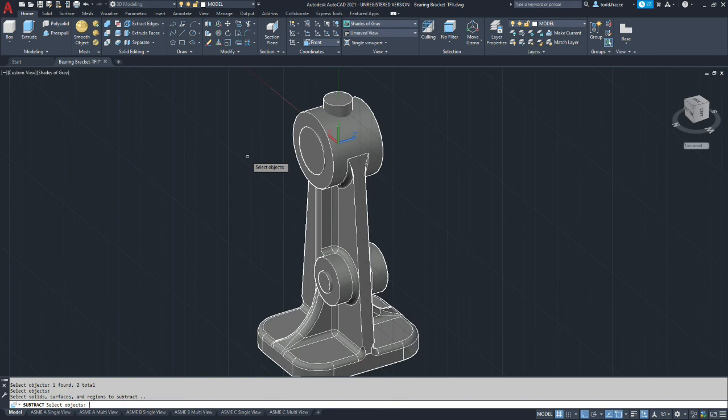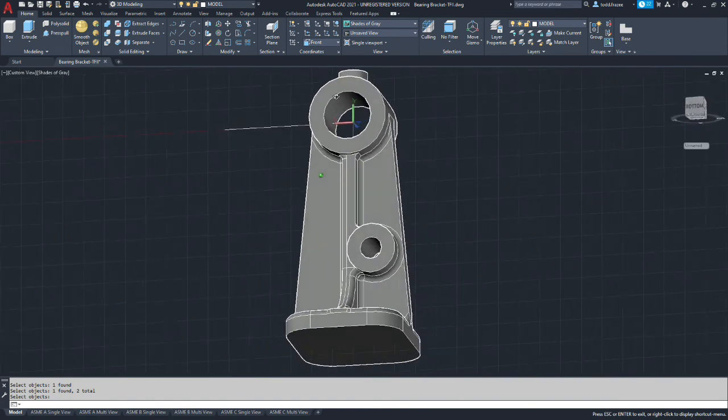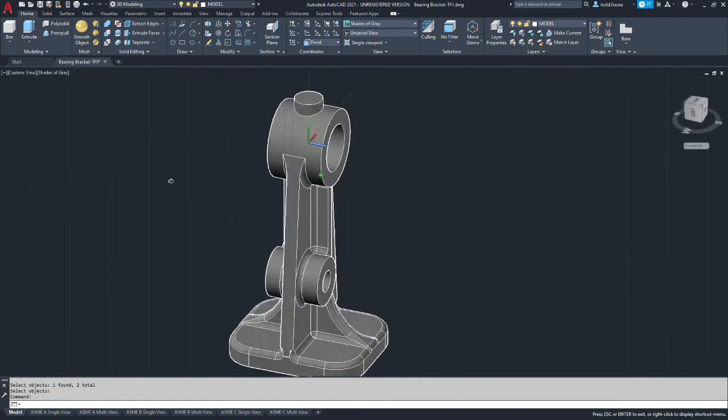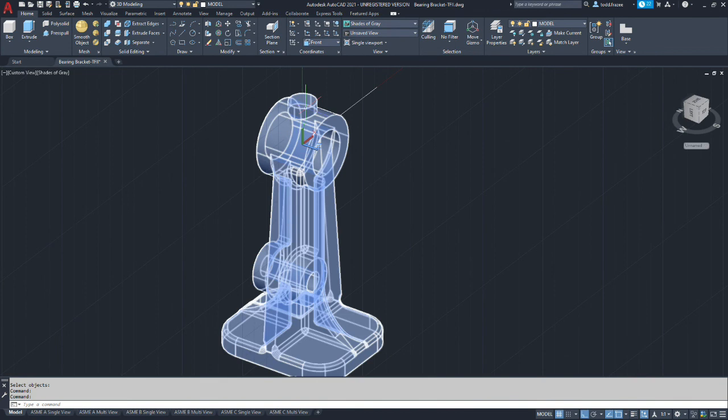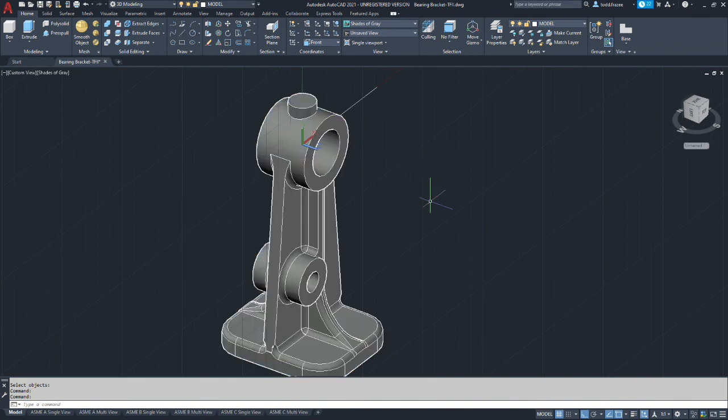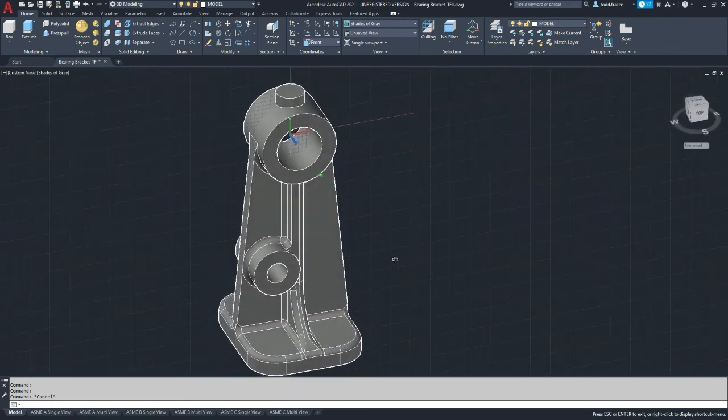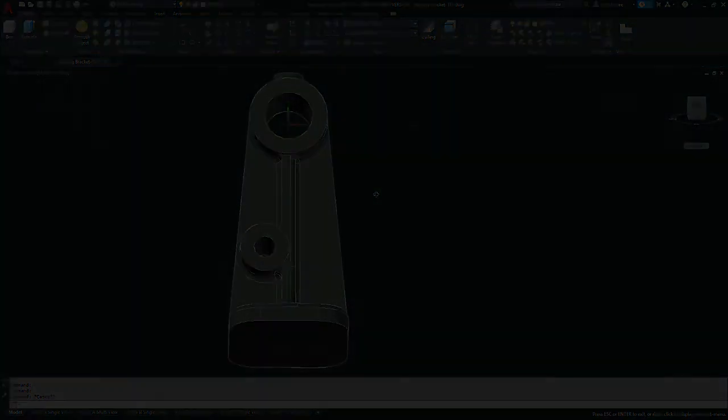And we're going to hit enter. And then we're going to select what we're subtracting, which are the new cylinders we've made. And we're going to hit enter. And what should have happened is you get a nice smooth bore, and now the boss is unioned with a rigid union with the rest of the model.